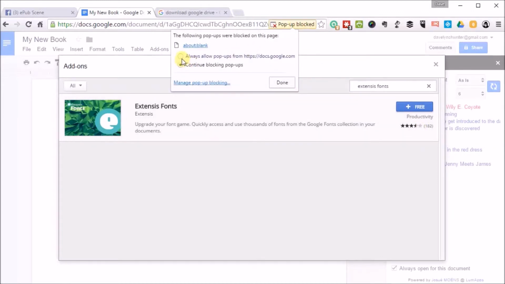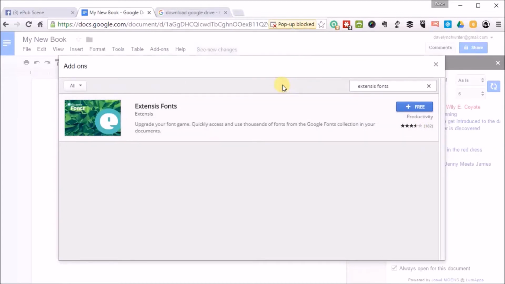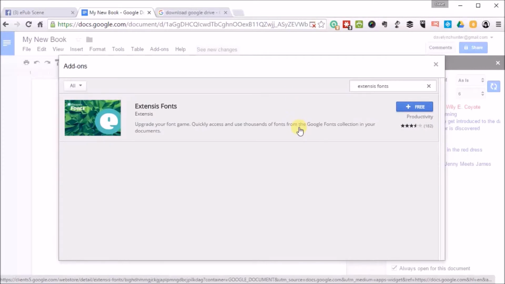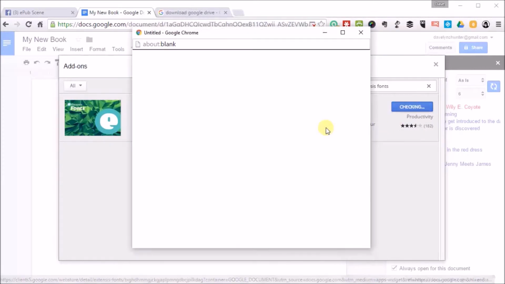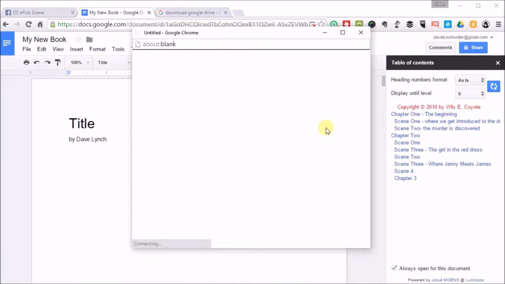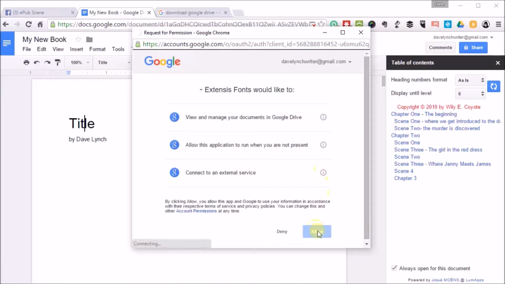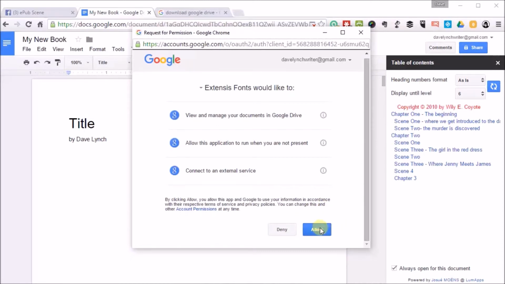Always allow pop-ups from Google Docs. And just allow this. You've got to be careful though that when you do eventually export this to send it onto your Kindle book,